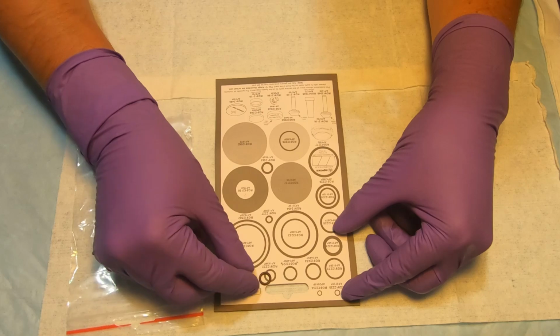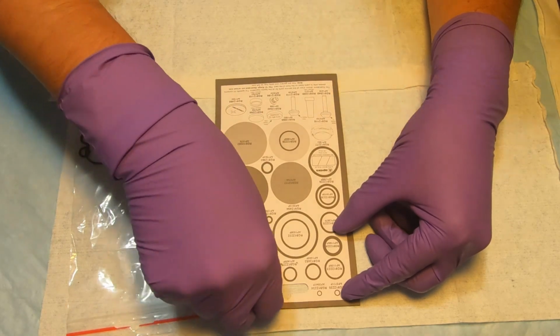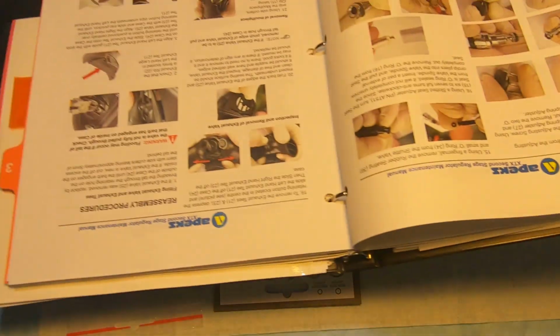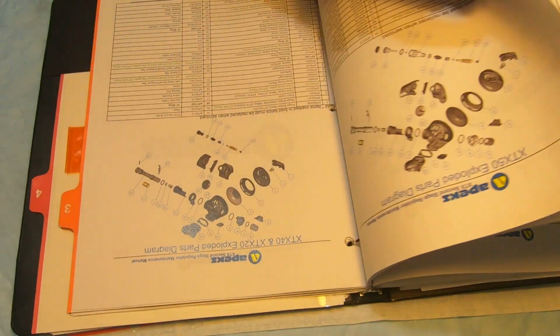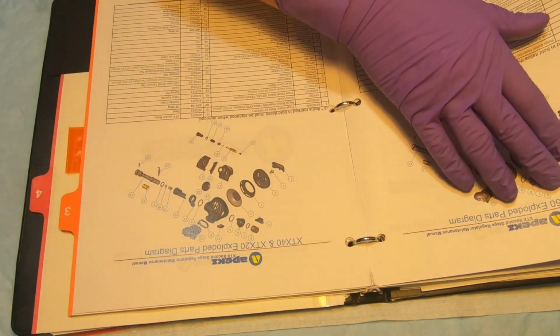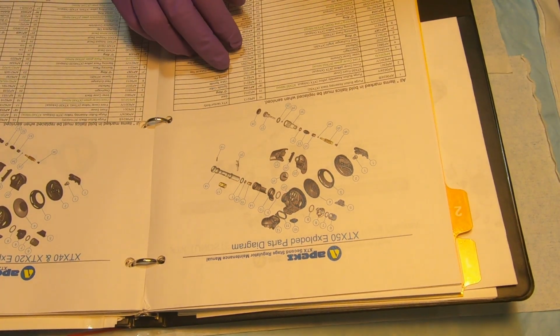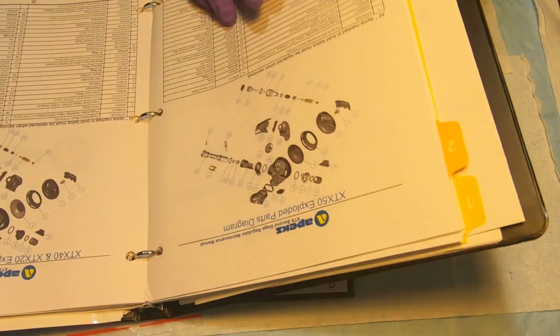this one is AP1154. Then you can go in the manual at the back, and this is our XTX 50 diagram, and we just look for AP1154P,